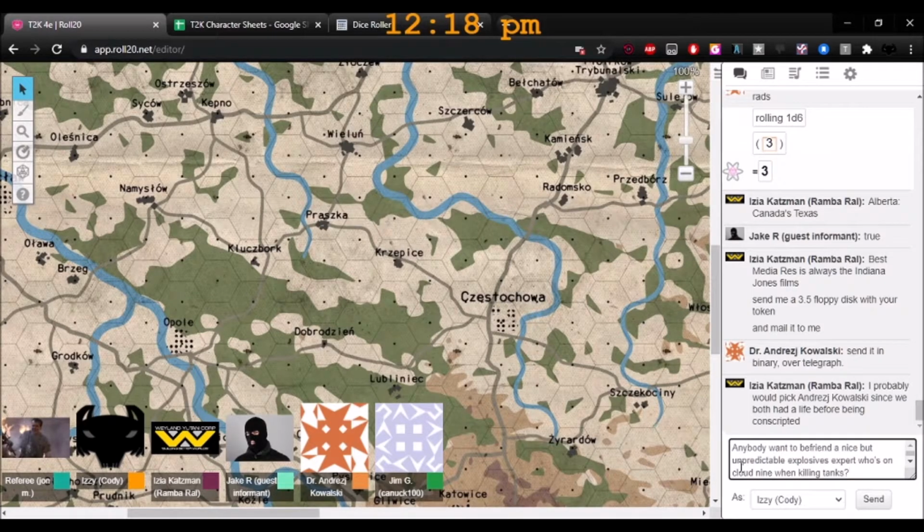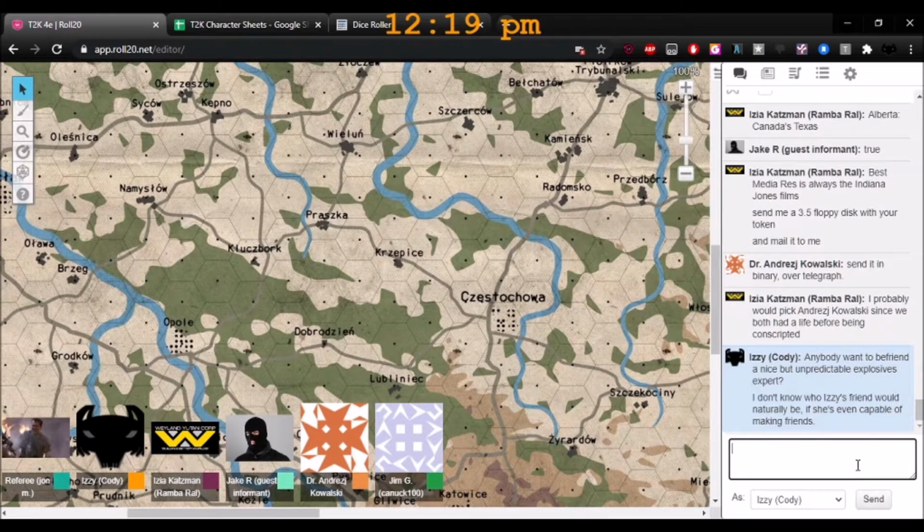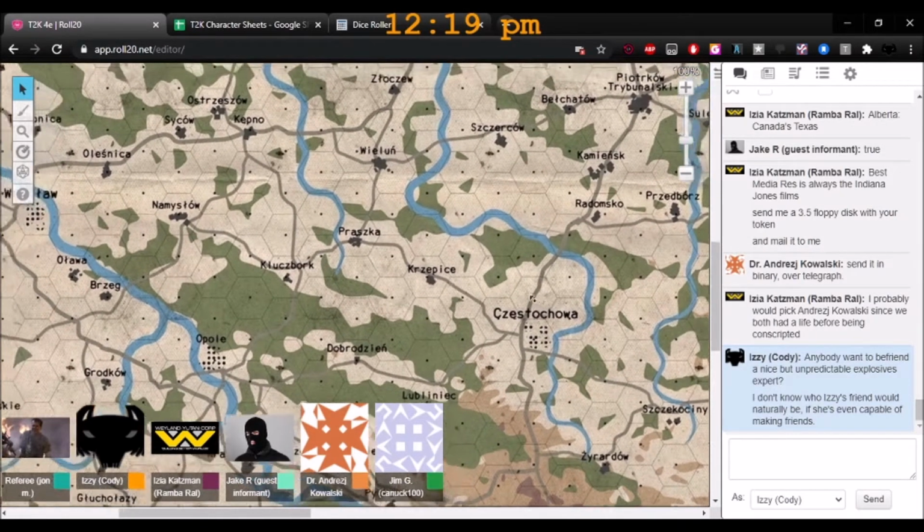Wow, your token is 5 megabytes. It is 4,000 by 4,000, so I'm just going to make it a little smaller. Oh, that's good.